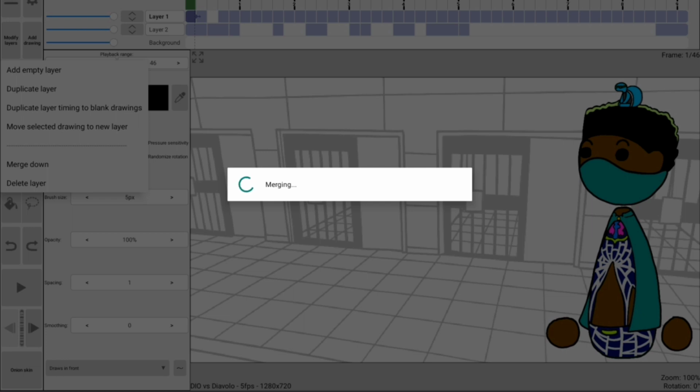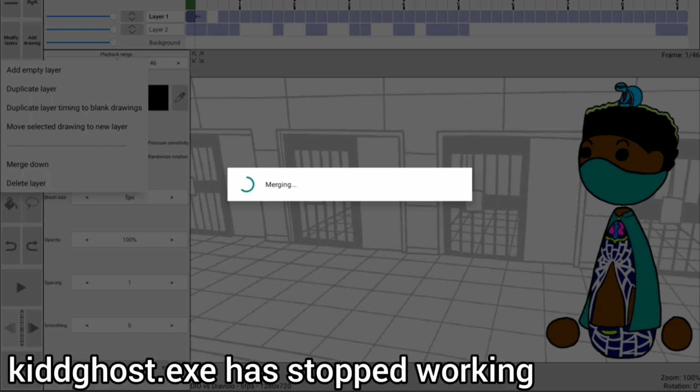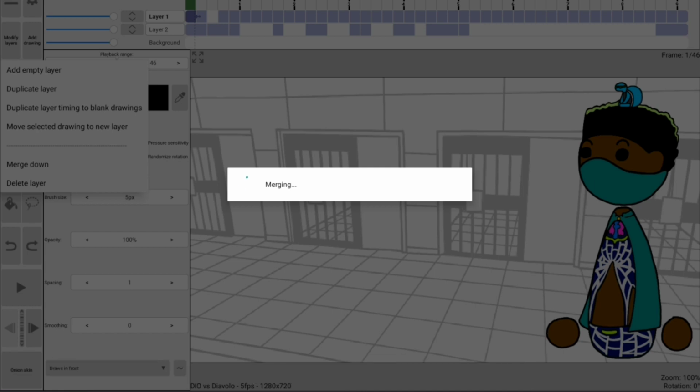I'm merging the 2 layers down, and the reason why I'm doing this is because I can't really edit the frames while they're in 2 different layers, because then I'd have to edit one layer and then do the exact same thing for another layer, and that just takes too long and that's too much work.